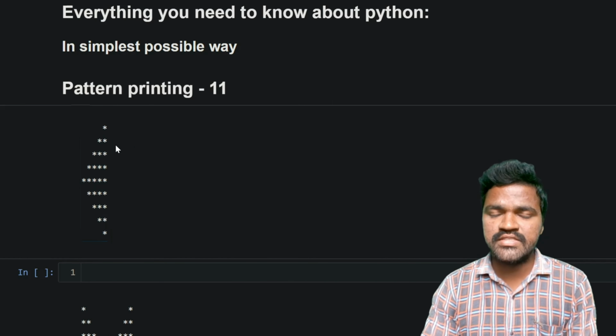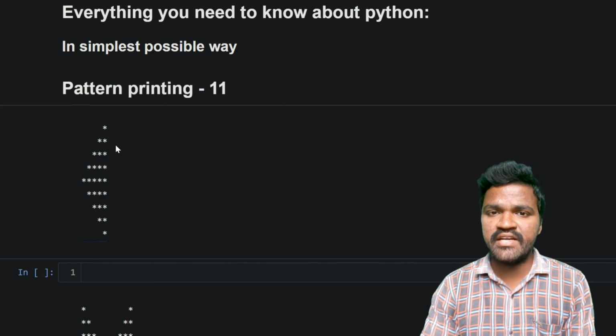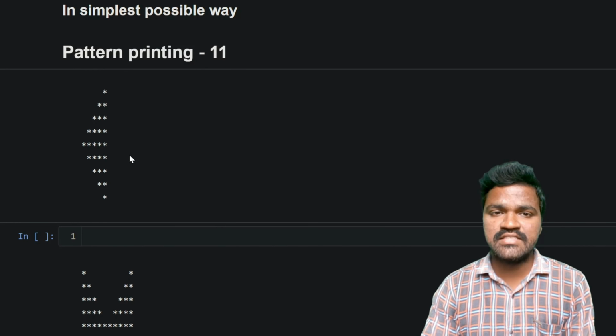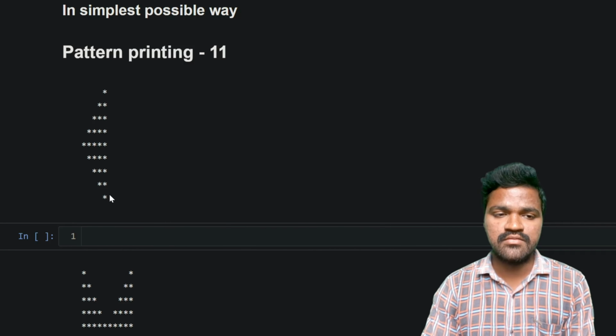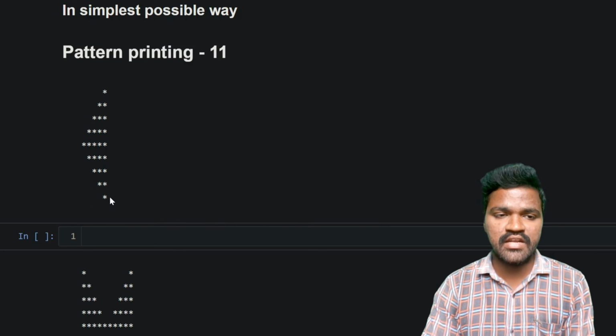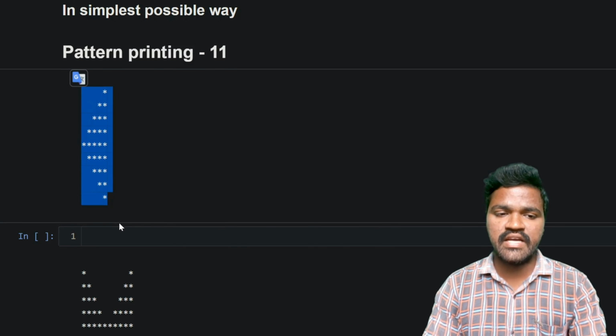If you don't know about string concatenation and string multiplication, you can watch my first video about pattern printing where I have explained clearly about string concatenation and string multiplication. So you can actually understand them while I am printing this particular pattern. So let's go ahead and see how we can print this pattern using for loop, string concatenation and